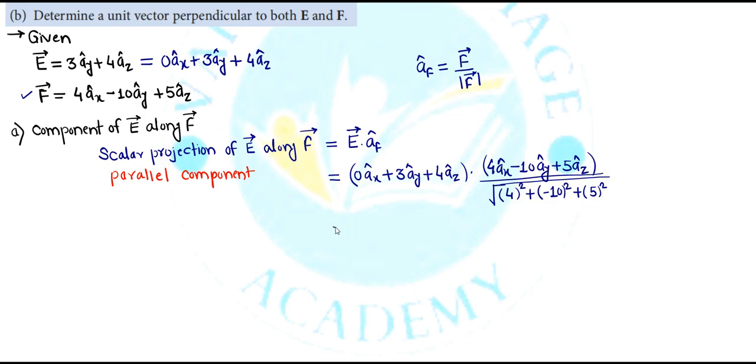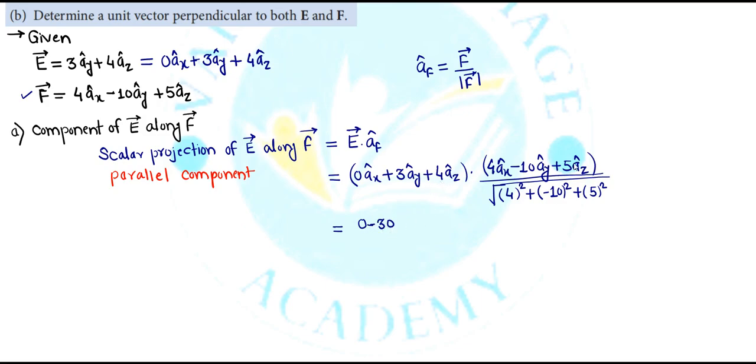So very firstly we will go with the dot product component by component fashion. So 0 into this 4, so we will add that value to be 0, then plus this 3 into this minus 10, so that will be what now? So that will be minus of 30,